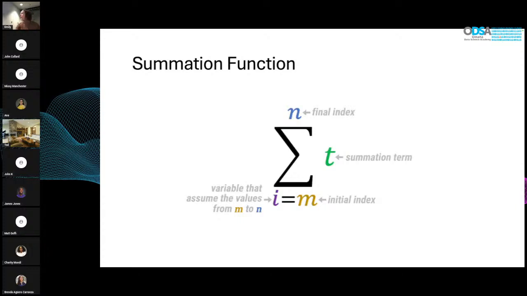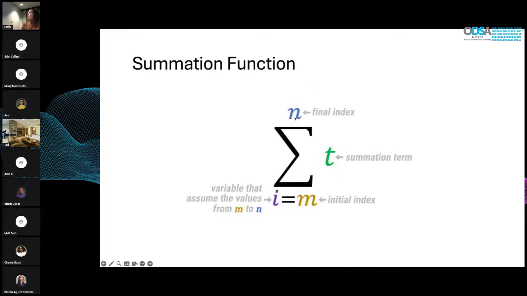So where are we going to start? What's the index we want to start at? Do we want to go from 1 to 10, or from 7 to 10, or 8 to 10? What's the position that we want to start at? So this is the initial index. i is just a variable. It'll always say i here. That just tells us what i is at each iteration. i takes on the value of m. First m is 0, and then m is 1, and then m is 2, and then m is 3. n is the